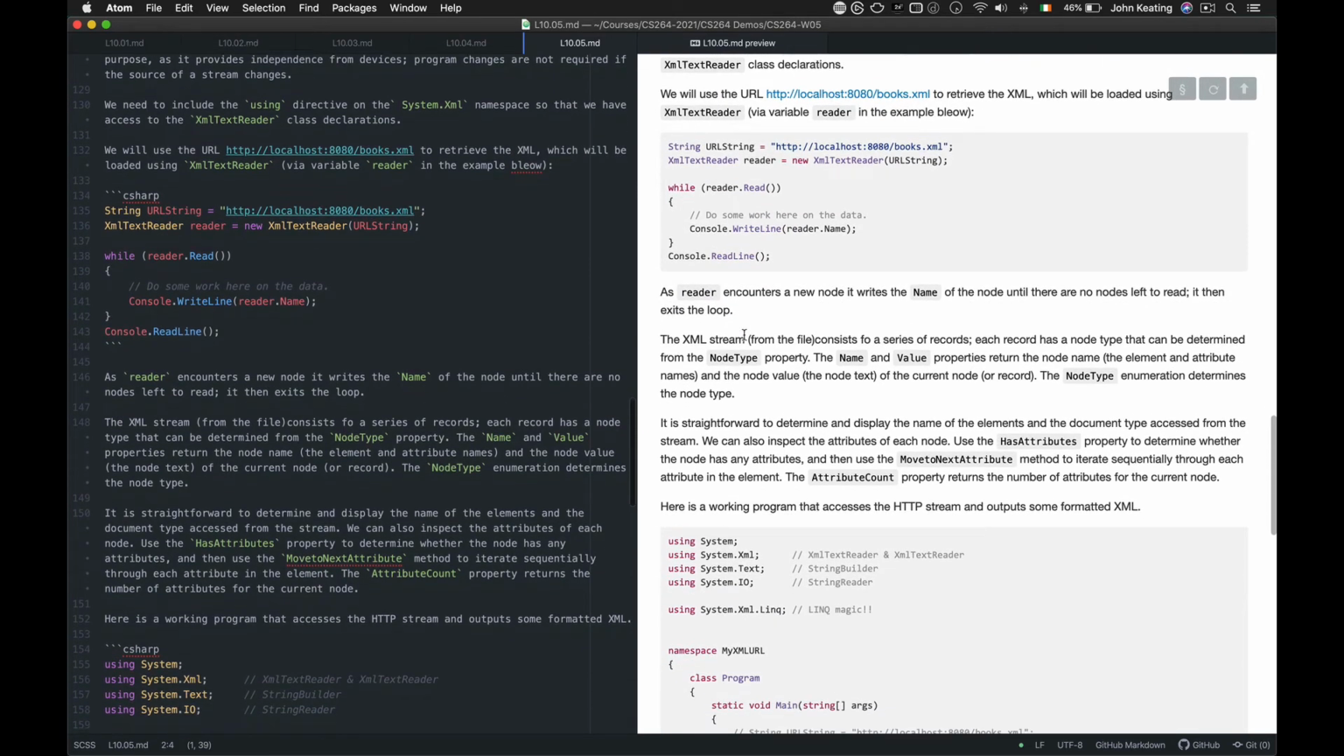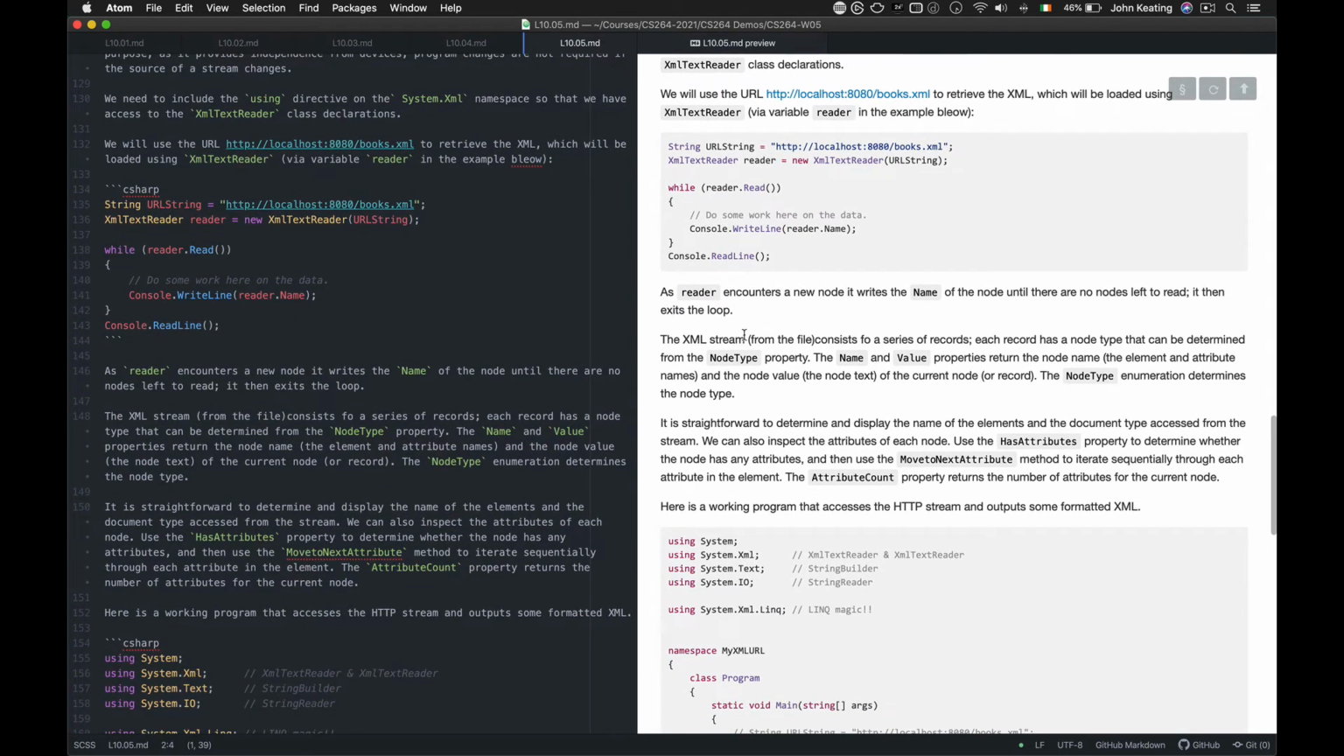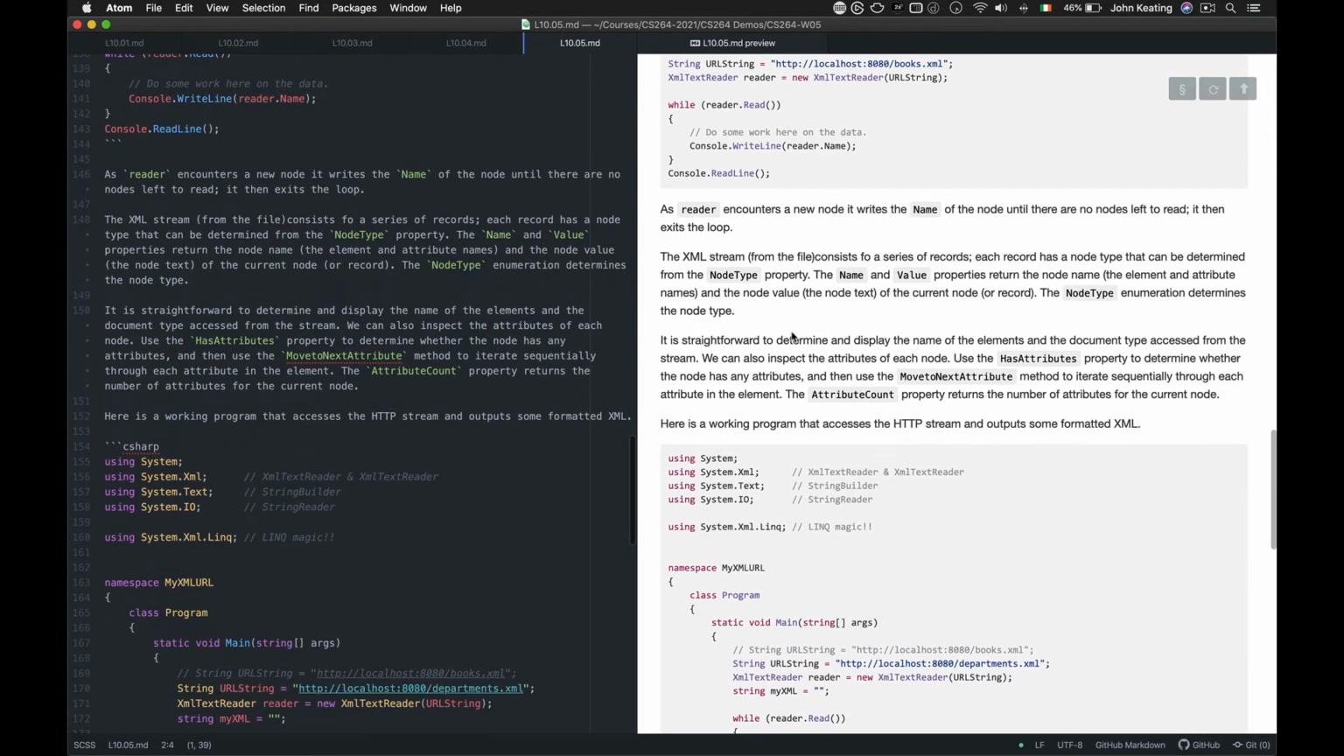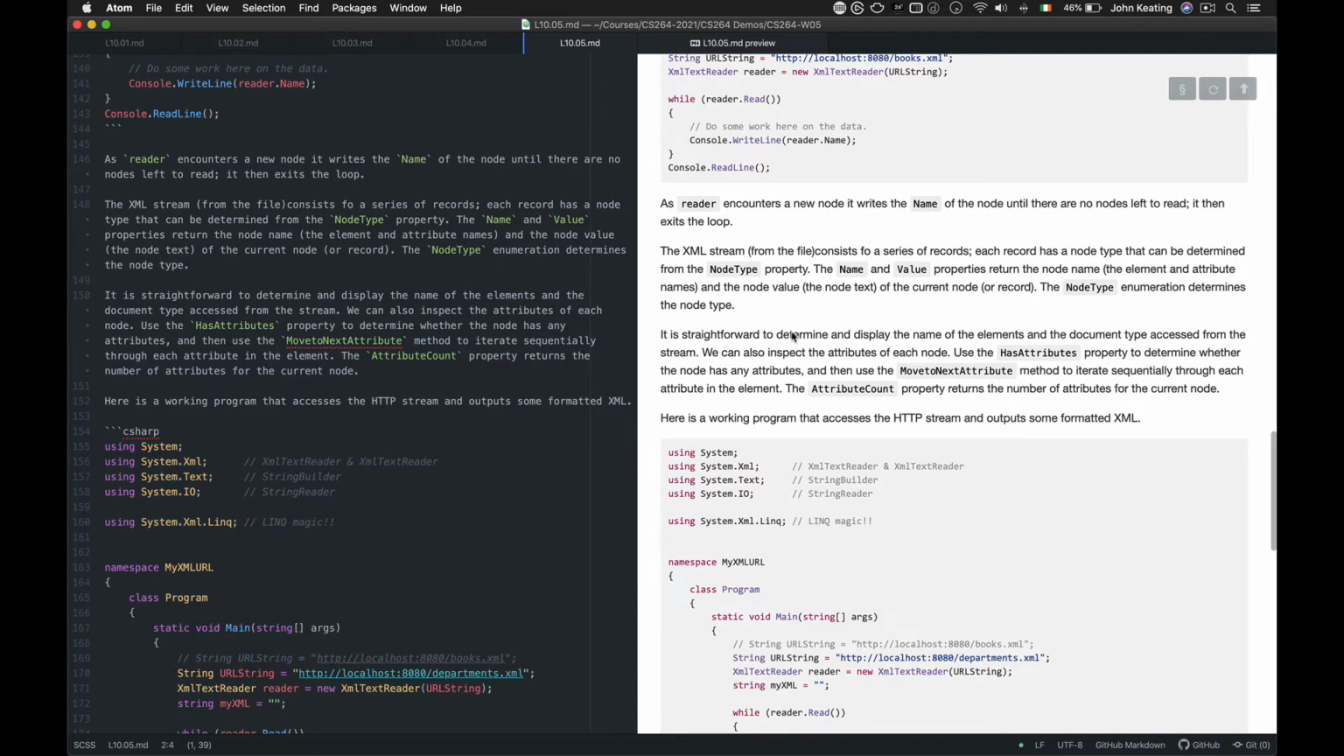Now, it's not much use just to output it. We probably want to save it to a variable or something. What's happening really is that the reader encounters a new node, and it writes the name of the node until there are no more nodes left to read. Then it exits the loop, and that's it. So the XML stream, that's the one from the file,